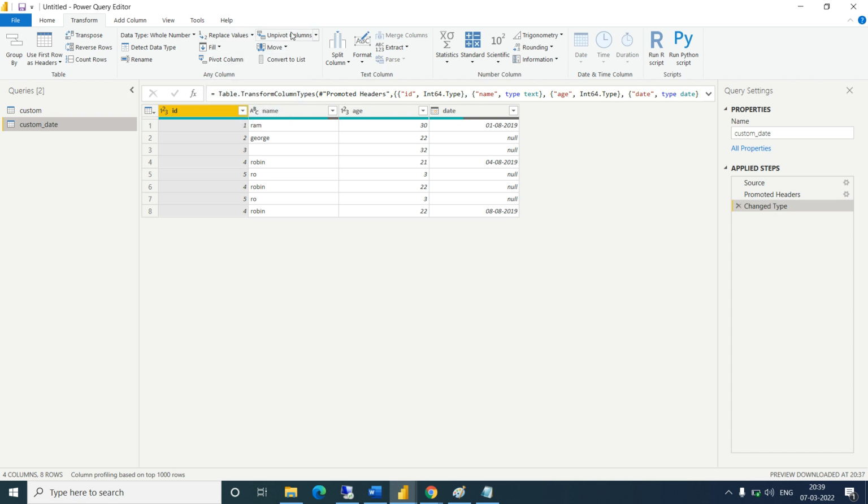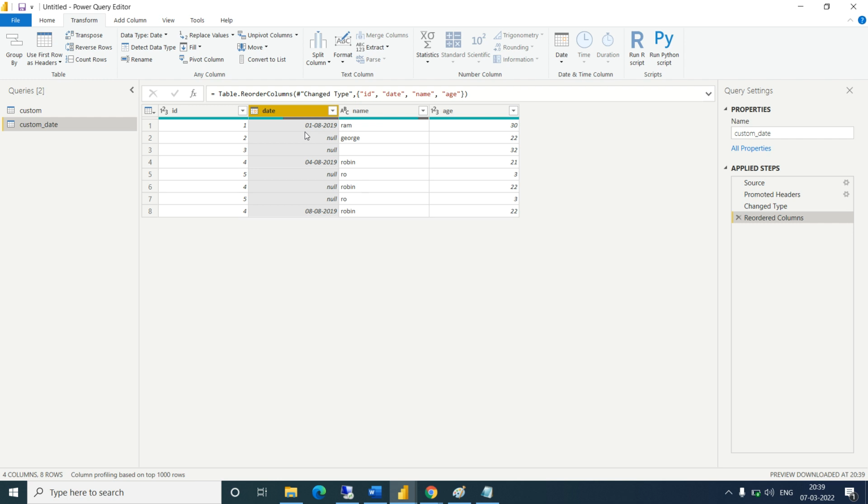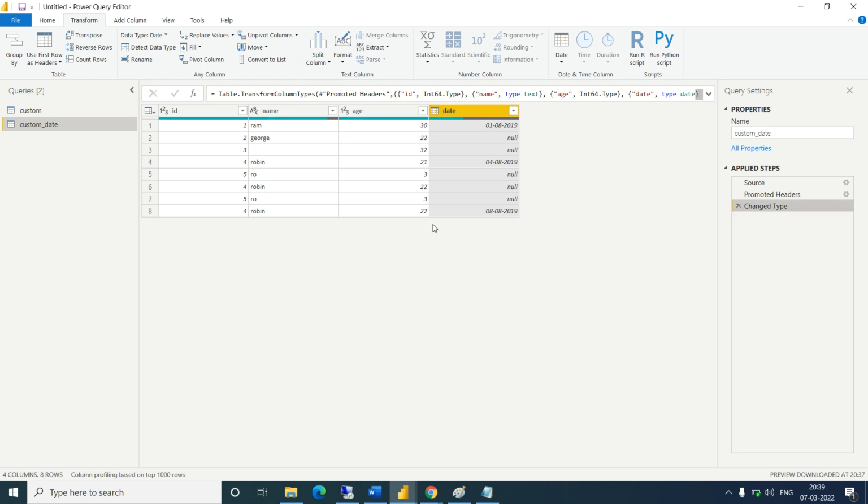Pivot Column, and Move means if you want to move a column, let's say I want to move this date column here. We can directly drag this column here. Either you can go this way or directly drag it yourself, ordering the columns.